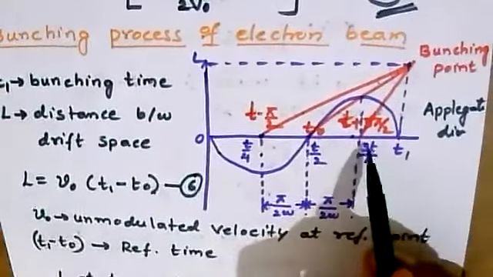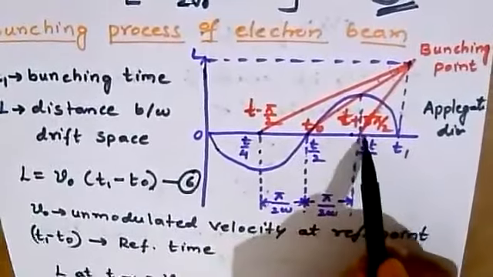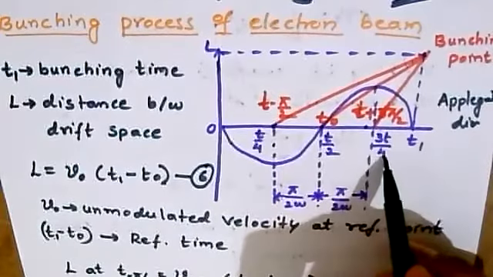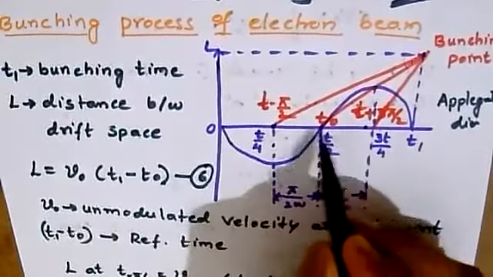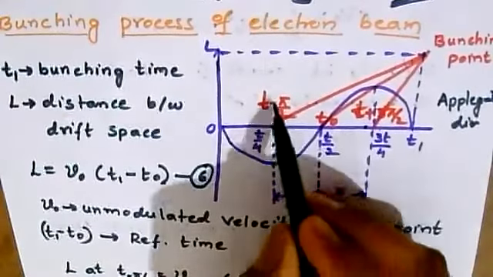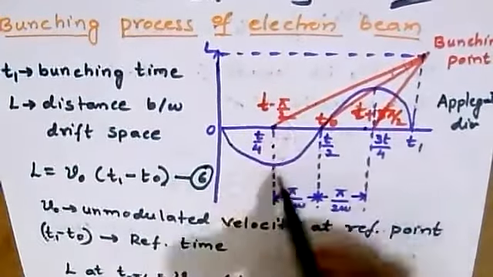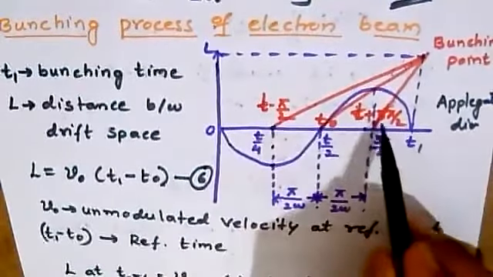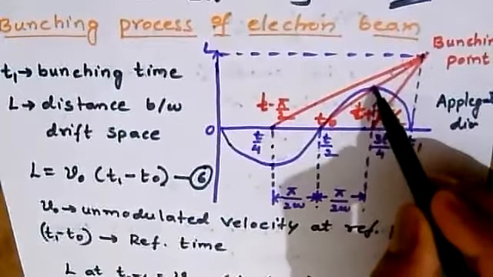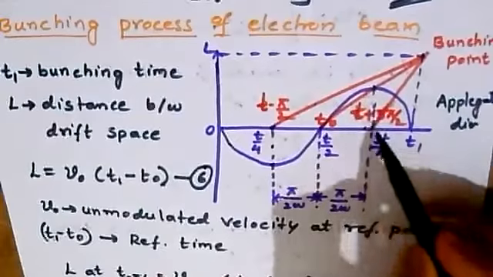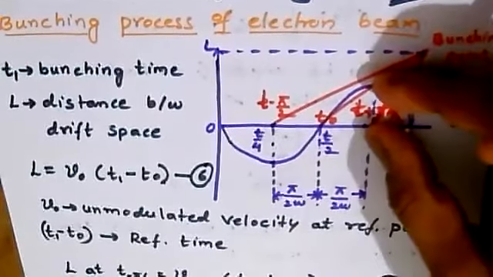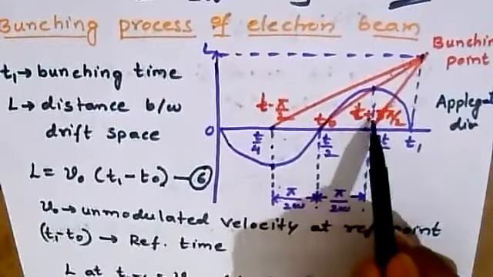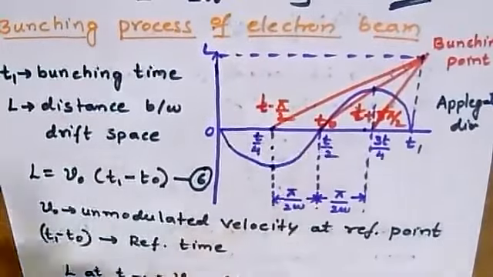Now, if we segregate the time intervals, we can take this as T by 4, this as T by 2, and this as 3T by 4. Now it is called T minus pi by 2, as a suffix only. Minus pi by 2 is the suffix, because this is the time interval taken. And this is T plus 3 pi by 2, so this is a positive pi by 2, which I am taking as T plus pi by 2 here. It is 90 plus 90 here: from here to here, plus 90, and here it is minus 90. So minus pi by 2 here, plus pi by 2 here, and it has been T naught as recorded.